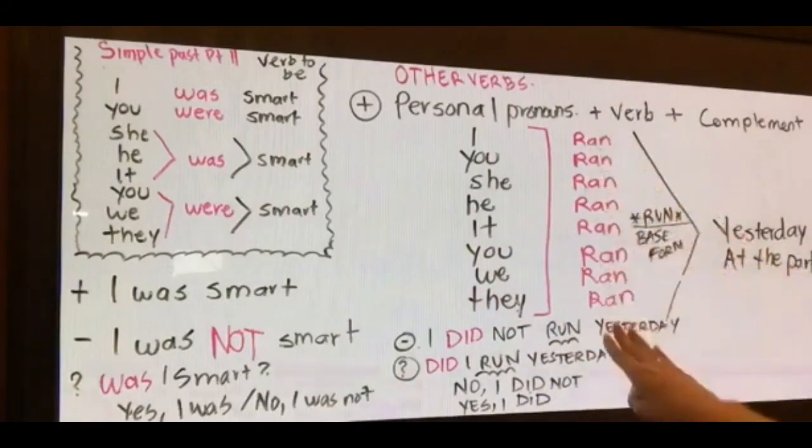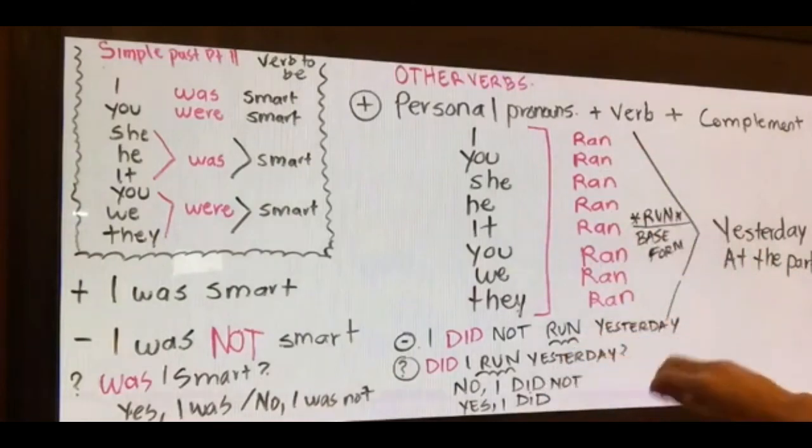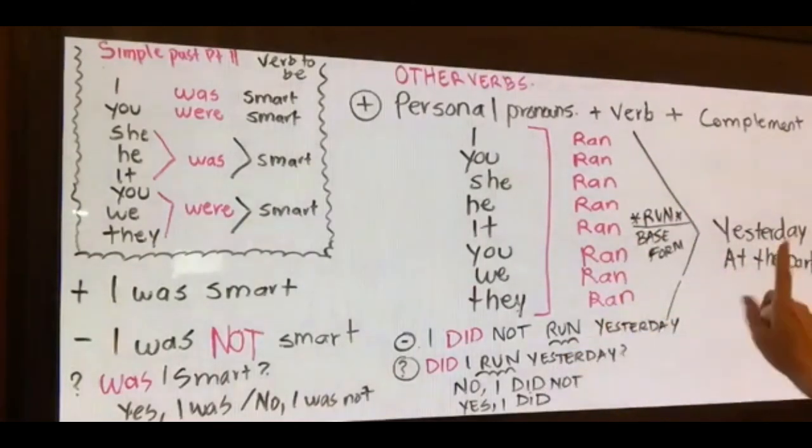So once we already have the verb in its past form, we're going to add a complement. In this case, you can use nouns, you can use phrases, you can use places, or past time expressions. So in this case, I used a past time expression that is yesterday, and I picked a place. So my sentence